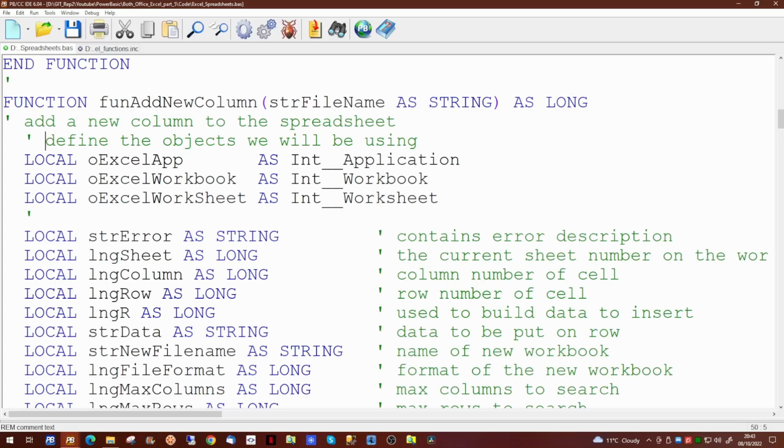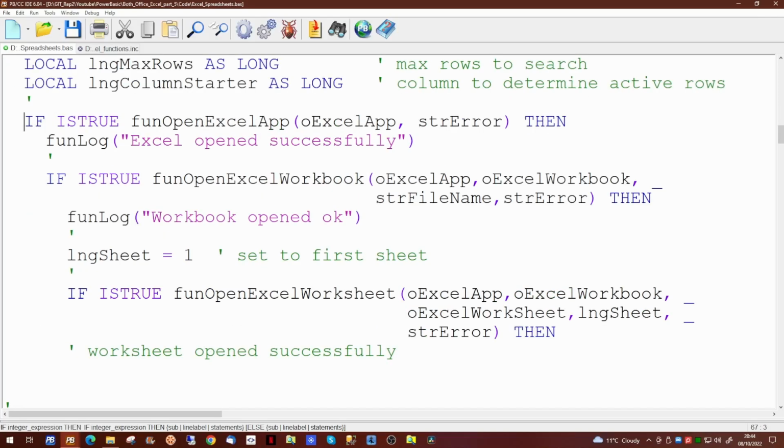And we're going to be creating a number of local variables to keep track of what we're actually doing. So as we've done before, our first task is to open Excel as an application first, then open the workbook, and then open the worksheet within that workbook. This is using the 3 functions we created in the previous videos, which should be now quite familiar to you.